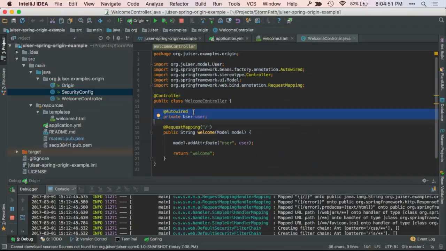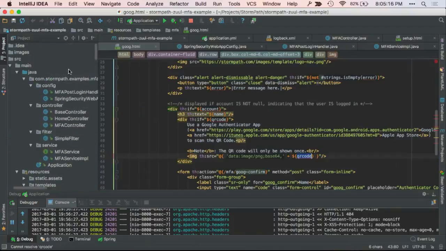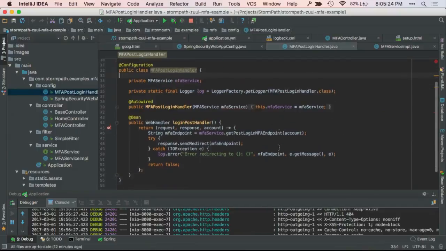How would you specify that when you hit a certain controller that MFA is required? I mean, could you have one controller that just standardizes into the client and another controller that MFA is required? Yeah, you could. This was something that I put together in the Spring Boot version very quickly, and then moving it over to Zuul even quicker. I did it taking advantage of one of the features that we have with Stormpath, this idea of a login post handler. So that's what I did in this case. Every time you log in, this login post handler gets hit, and